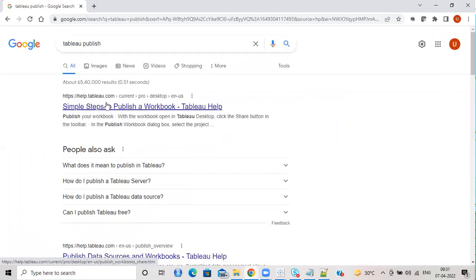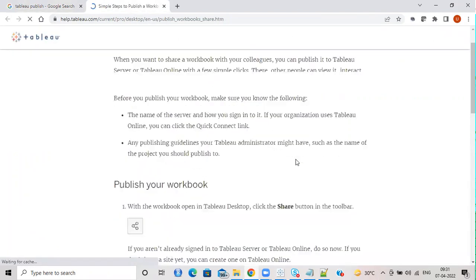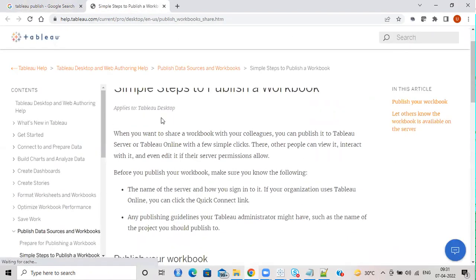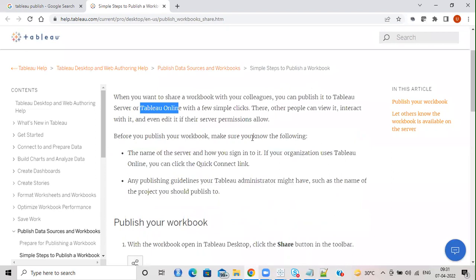So I'll go to help.tableau.com, Tableau's website. So when you want to share a workbook with your colleagues, you can publish it to Tableau Server or Tableau Online. I told you yesterday, Tableau Server basically is fully managed by you. Tableau Online may be managed by Tableau. There are other people, so other people can view it, interact with it, and even edit it if their